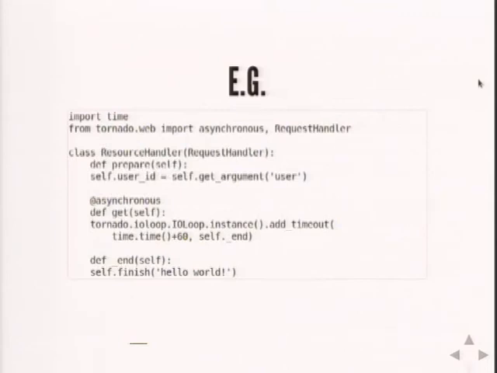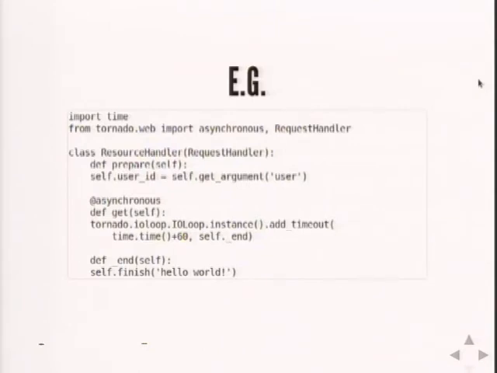This is the prepare method, which allows you to do a few things at the start of every request. So you might set up your database client connection, which may of course come from a pool inside the application itself, but you want a nice easy handle to it. You want to go self.db or something else, so we'll define that here in the prepare method. Or in this case, well, we always want the user ID argument from the request.